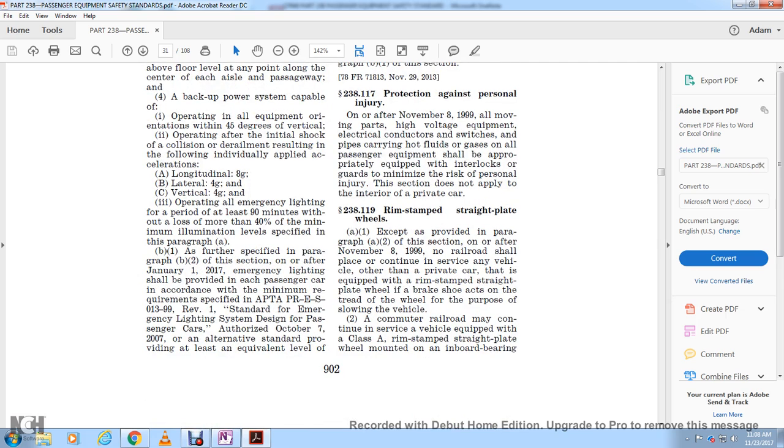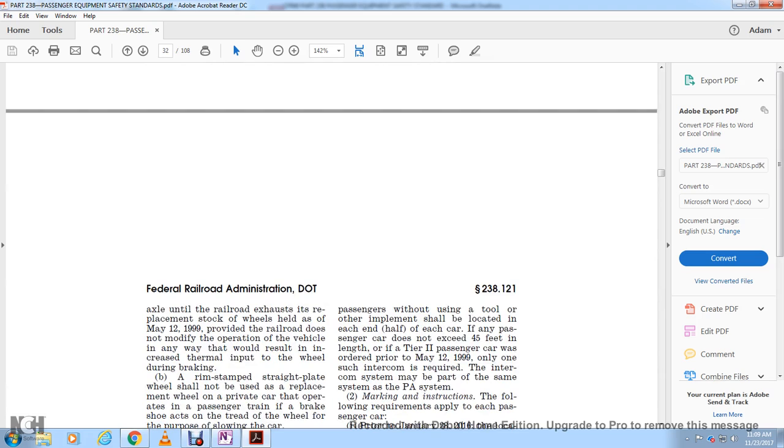238.119, rim-stamped straight plate wheels. Except as provided in paragraph B of this section, on and after November 8, 1999, no railroad shall place or continue in service any vehicle other than a private car that is equipped with a rim-stamped straight plate wheel with a brake shoe acting on the tread of the wheel for the purpose of slowing the vehicle. Railroads may continue to operate vehicles equipped with Class A rim-stamped straight plate wheels mounted on inboard-bearing axles until the railroad exhausts the replacement stock of wheels that had been held since May 12, 1998, provided that the railroad does not